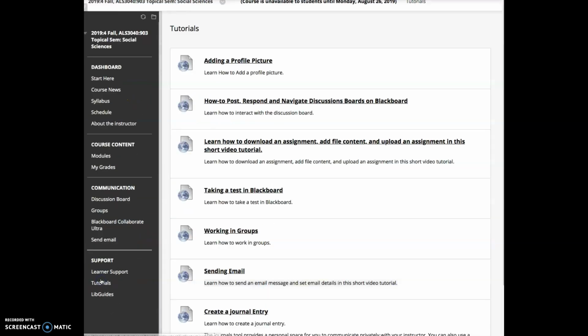Next, I've included a few tutorials. For example, I'd like you to add a picture to your Blackboard profile, just like I have. And the LEAP guides: if there's a particular resource in the library that I'd like to communicate with you, I will add it here in the LEAP guides. So this is briefly